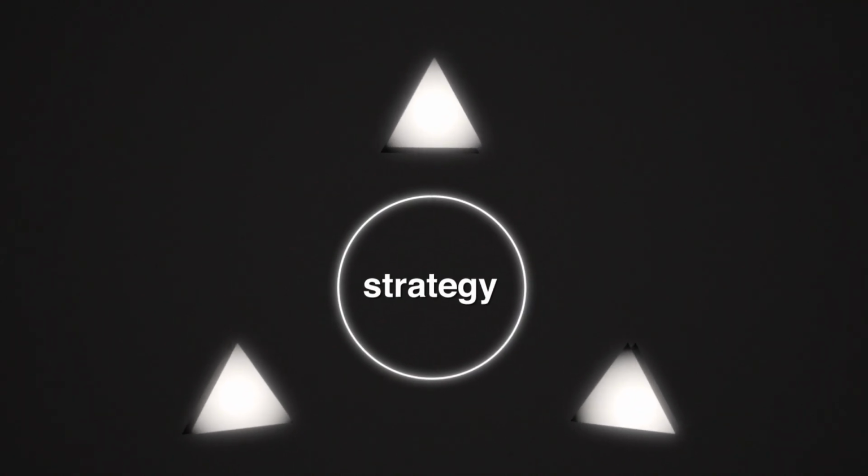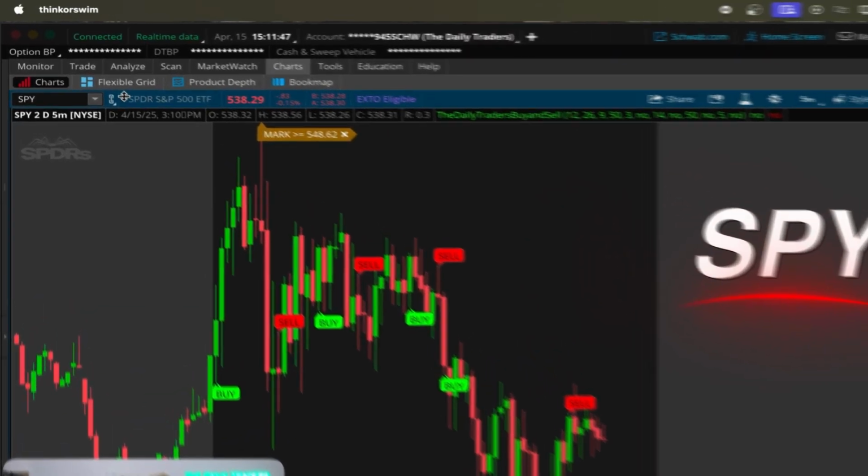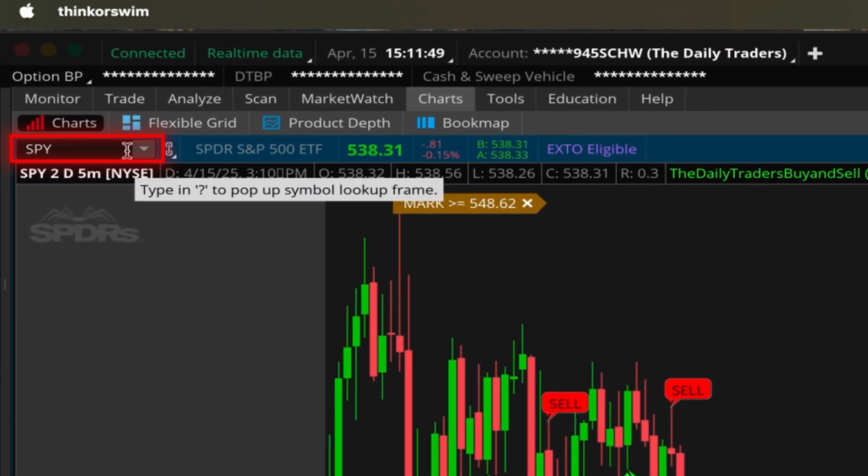And to kick things off, let's break down the simple 3-step system in order to execute this strategy so you can start making money today. What you're gonna wanna do is pull up SPY. That's just SPY. That is the S&P 500. That is the stock, or ETF in this case, that we're going to be doing all of our trading around